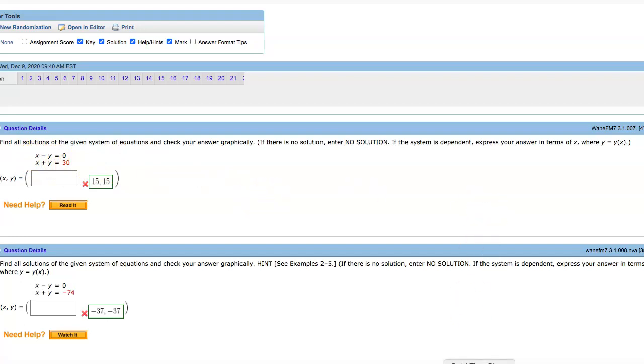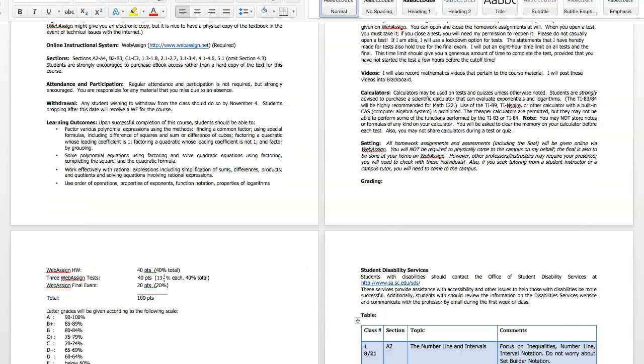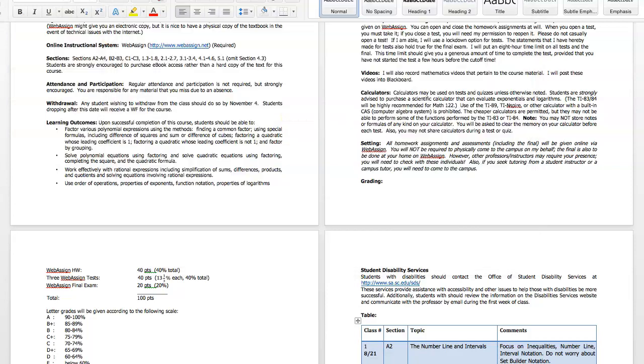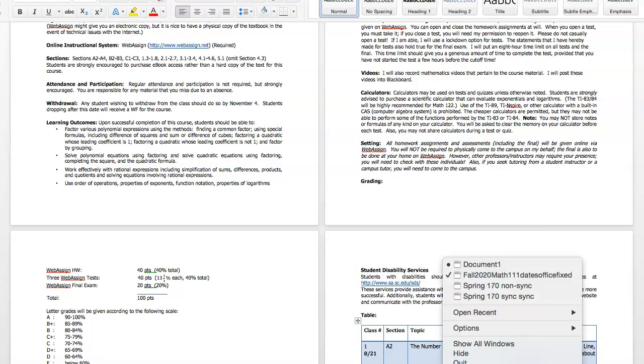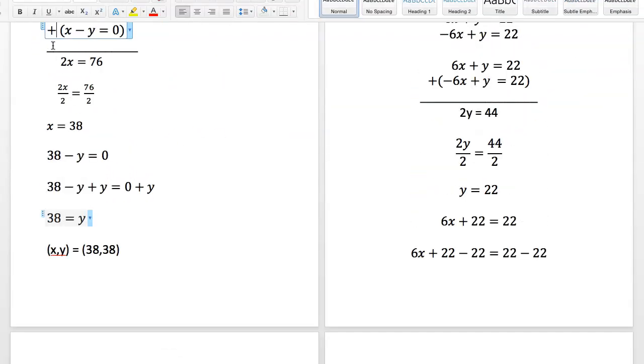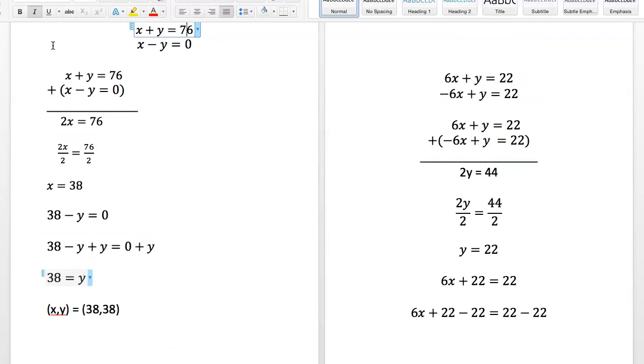Well, let's give it a look. There's your syllabus. Give it just a moment. Well, here's a problem that I did earlier today, but we don't want 76, we want 30. So x plus y is 30, and x minus y is 0. So with my former class, I did 76. Now with you all, I'm going to do 30. So what I do is I'm going to